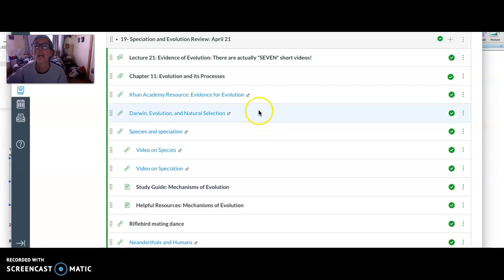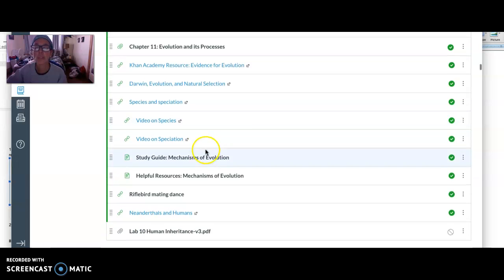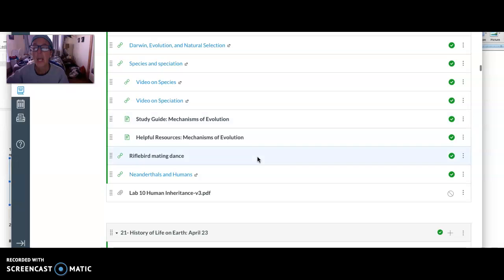But I put up an article for Evidence for Evolution, an article about Darwin, evolution and natural selection, about species, what is a species, and speciation, how do new species come to be, and some short videos on those 2 topics. I kept the study guides there for mechanisms of evolution, so you can use those to guide you for what's important in the Khan Academy resources I've put in this module, and a couple of other resources there at